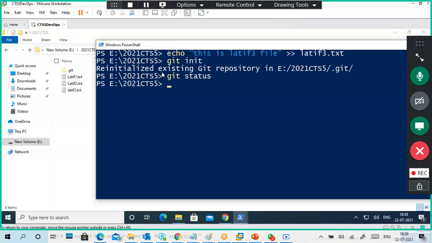Why is it taking that much time for a status? I will cancel that one. So what is the next command? Guys, last one. Add. Very good.